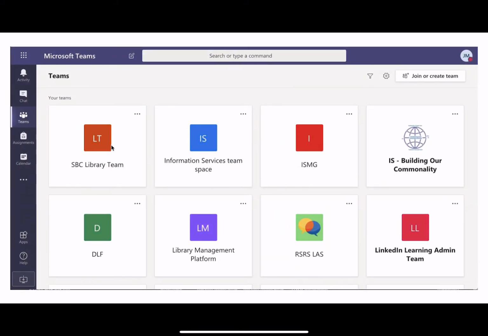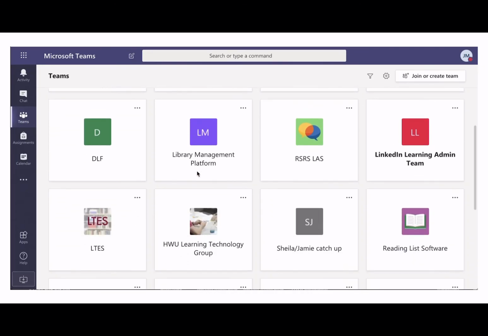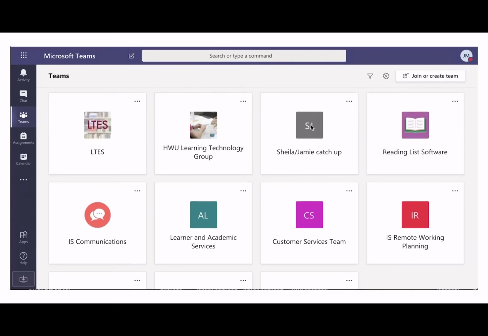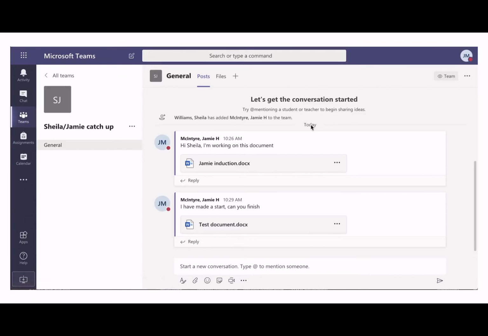Now on to creating, sharing and editing files in Teams. So first of all, creating and sharing things on Teams. I'm going to go into one of my teams. So I'm going to go into this one, Sheila and Jamie Catch Up Team. And if I click on files along the top,